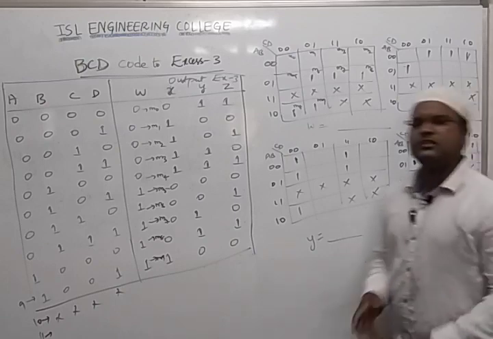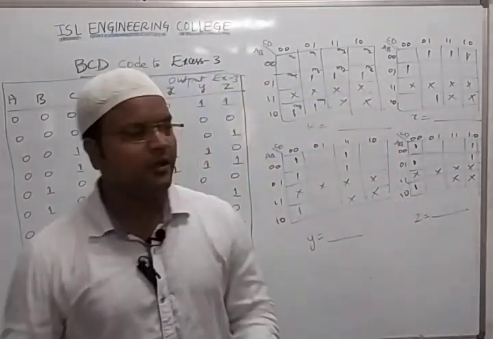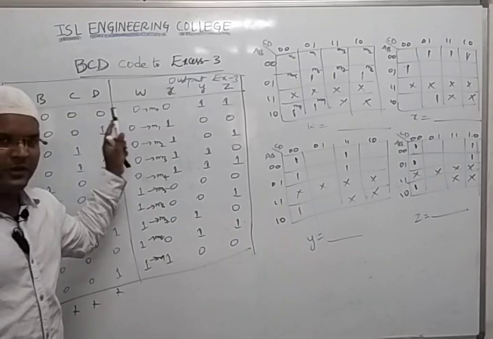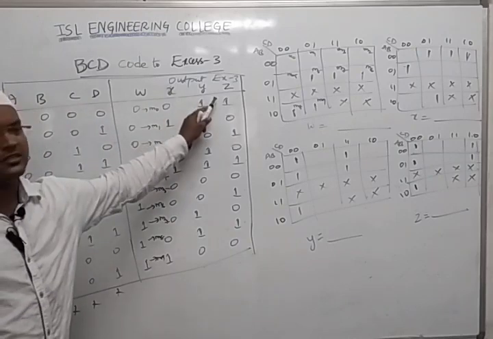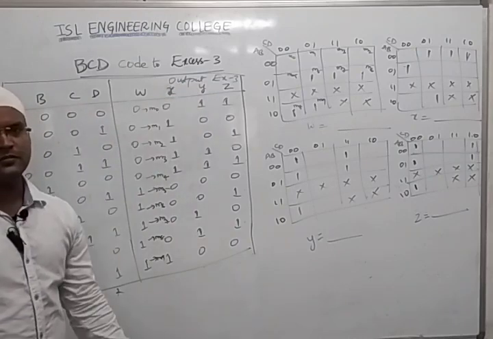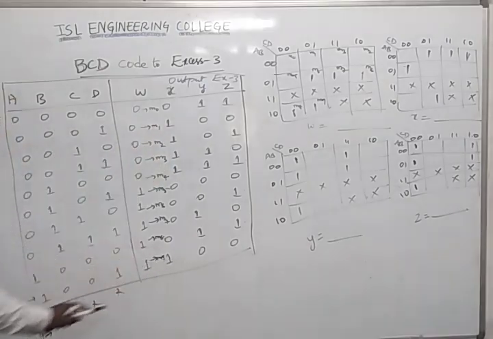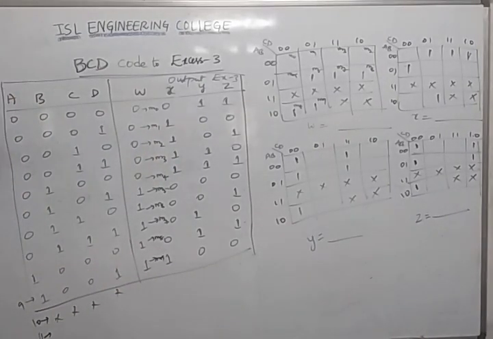So what is the thing we did, students? First we wrote the truth table. Excess-3 means for every bit you need to add 3. That is called the excess-3 output. We add 0 plus 3 is 3, like that we found till 9, because BCD codes are there for 0 to 9 only. The remaining we will not write.